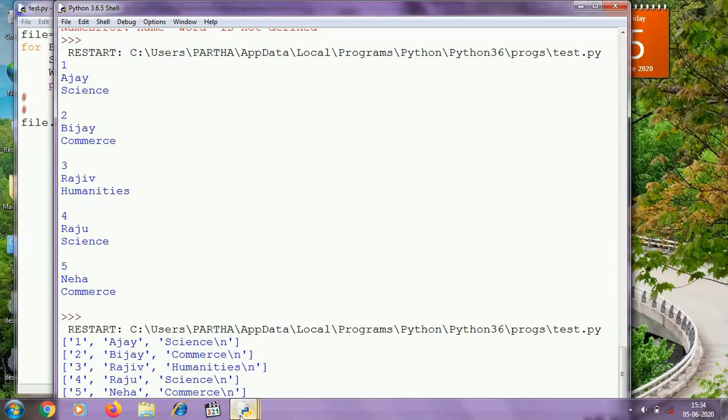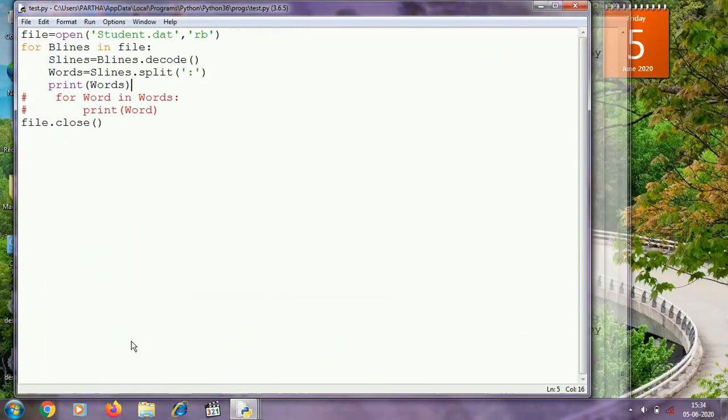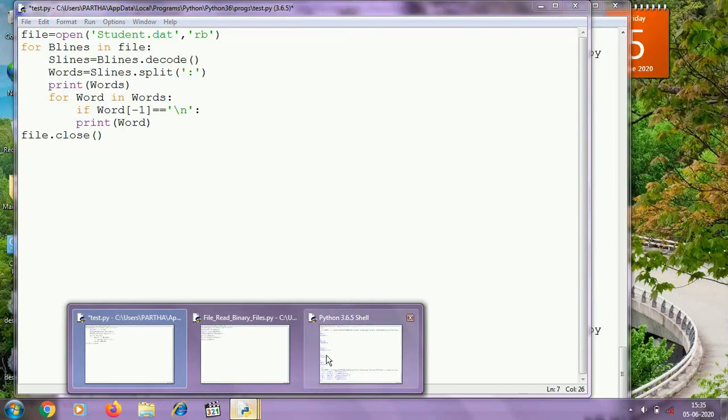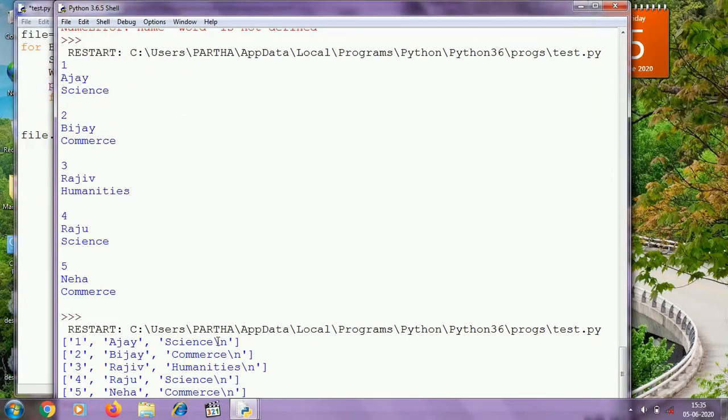So to eliminate this problem I have to check this \n also. So in this case we have to check if word[-1] equal to \n. That means I am checking whether the last character of the word is \n or not.